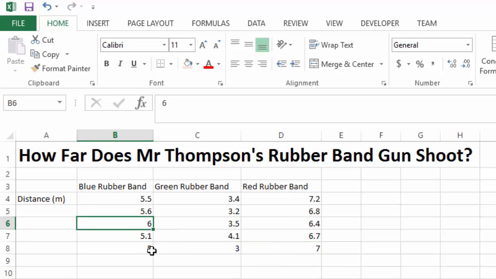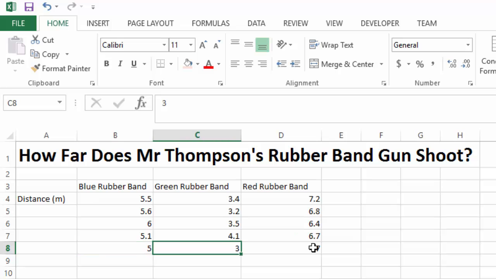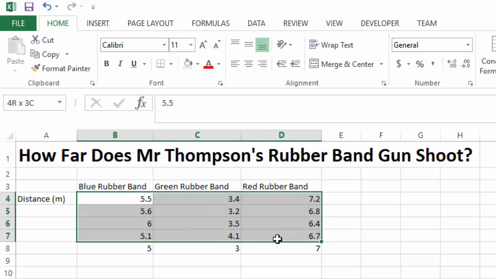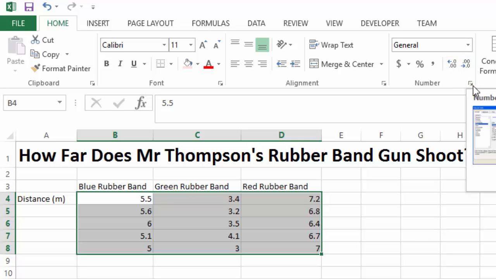When I put 6.0 or 5.0 or 3.0 or 7.0, it didn't put the .0, even though I typed in 7.0, it didn't put it. I can fix that. What I'm going to do is select all of those numbers there, and I'm going to click on numbers. See this little square down the bottom right hand corner of the number section? If I click on that,